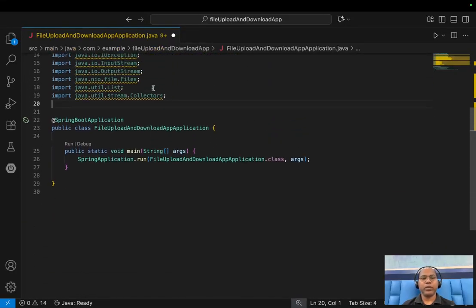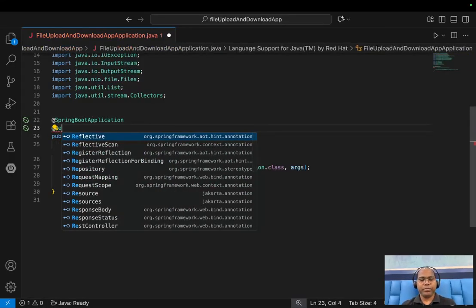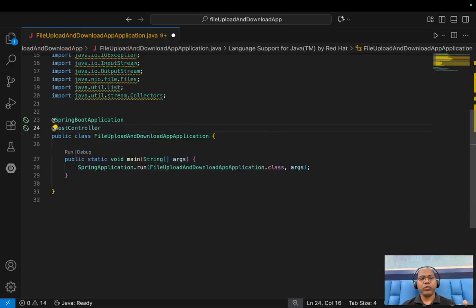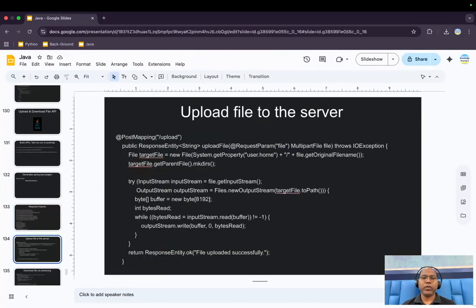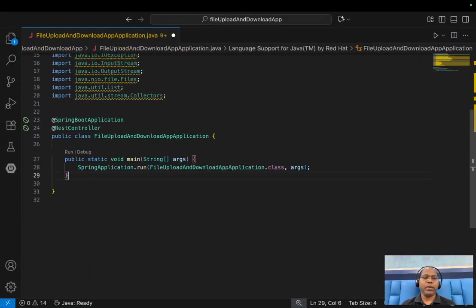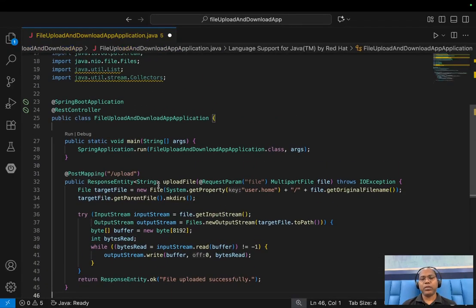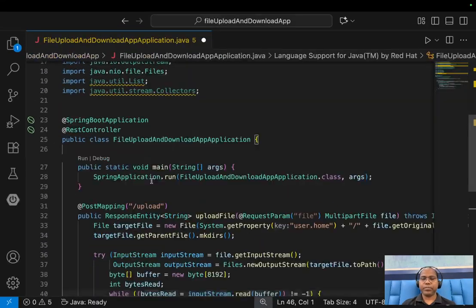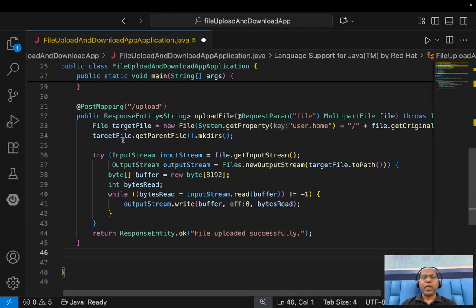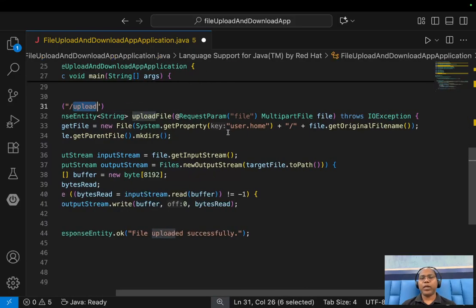So we are going to build one RESTful API, that you can say, hey, this is my REST controller. Now here, we are going to build a couple of endpoints. For the scenario, let's say we are going to build the upload API. So what does the upload API say? We are simply saying I'm going to create one POST API, and this API will take one file as